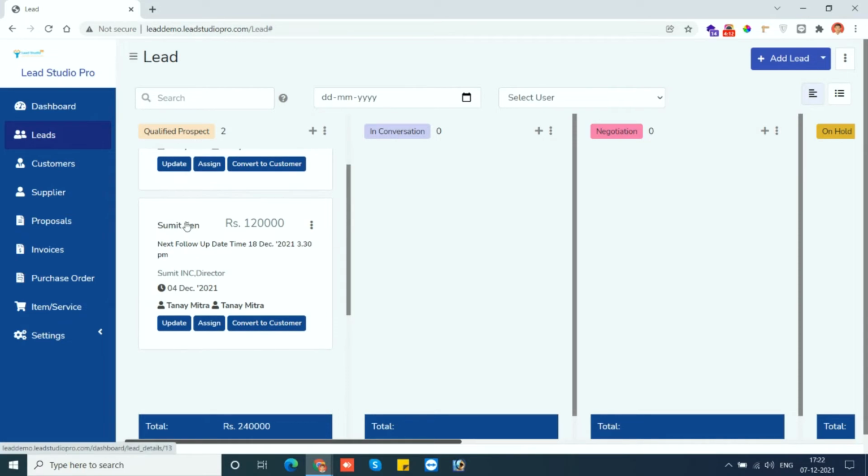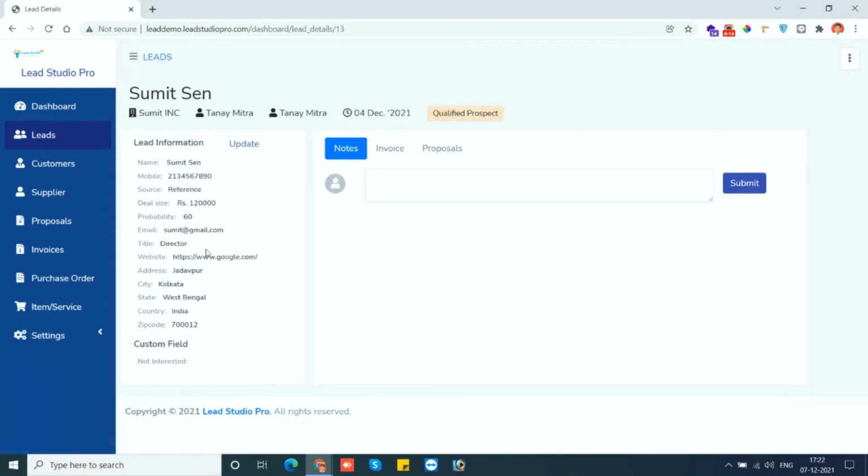If you click on this lead, you can get detailed information. You can add a note here, and you can save it. So all these things can be done from the lead.